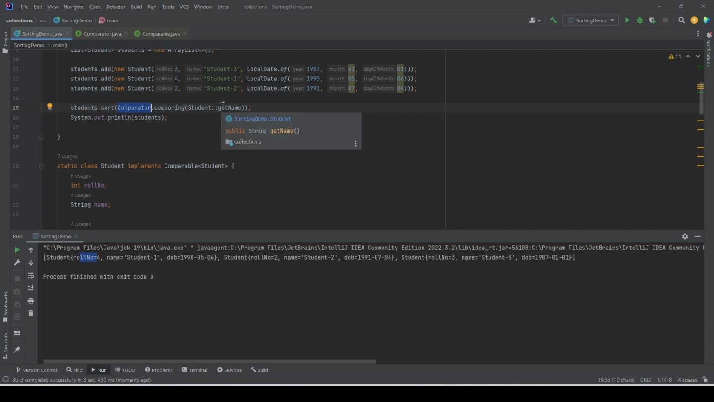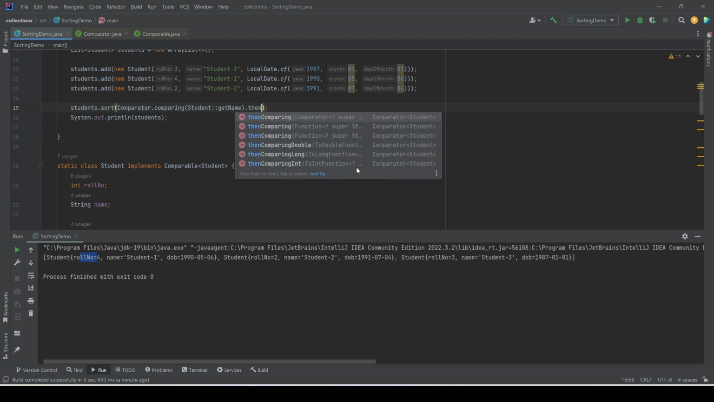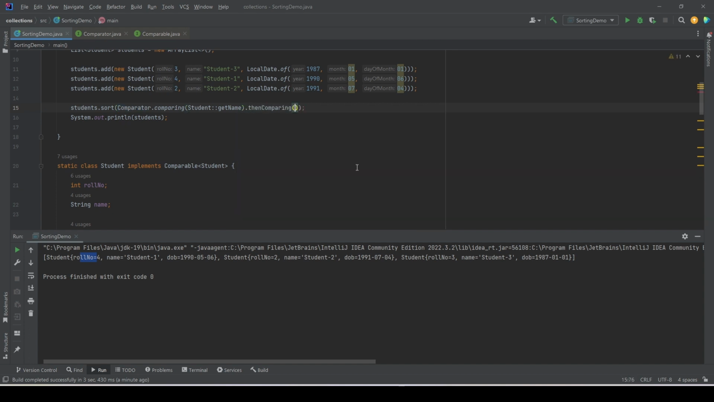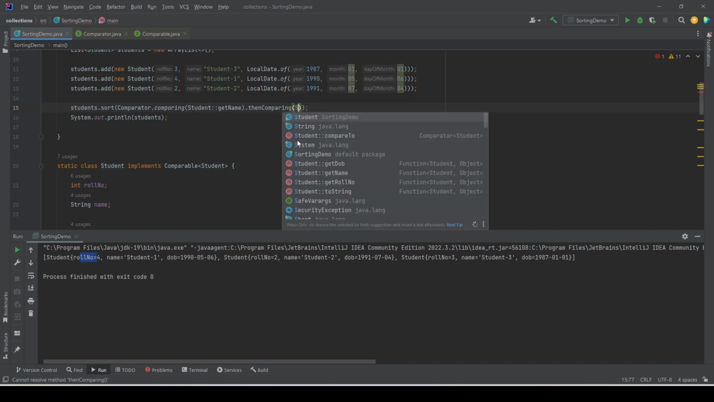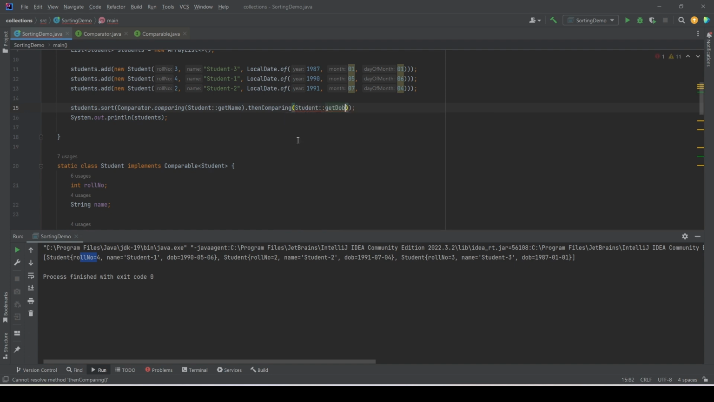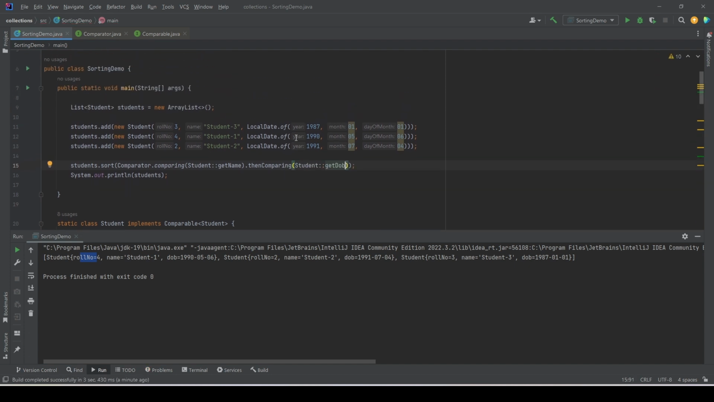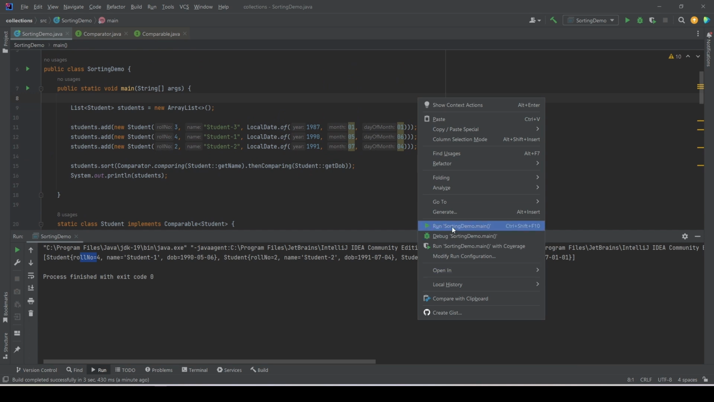Now, how do we combine multiple attributes? Let's say I want to say that first compare the students by their names. And if the name is the same, then use another criteria, and let's say date of birth. So how do we do that? In that case, we use the thenComparing method. So I say first compare the students by their name, and if the name is the same, then use date of birth. All right. So if we run this code,